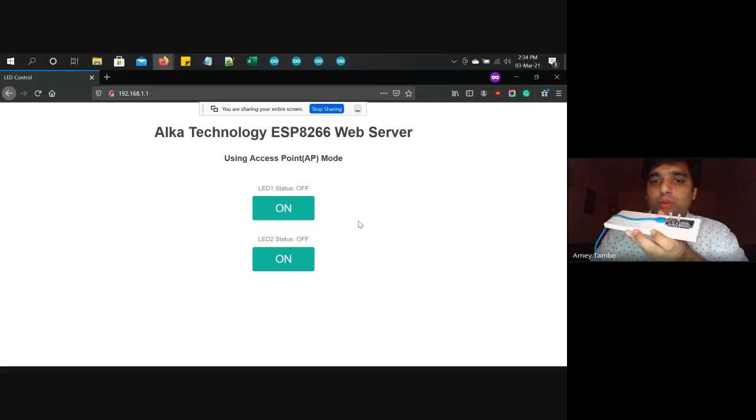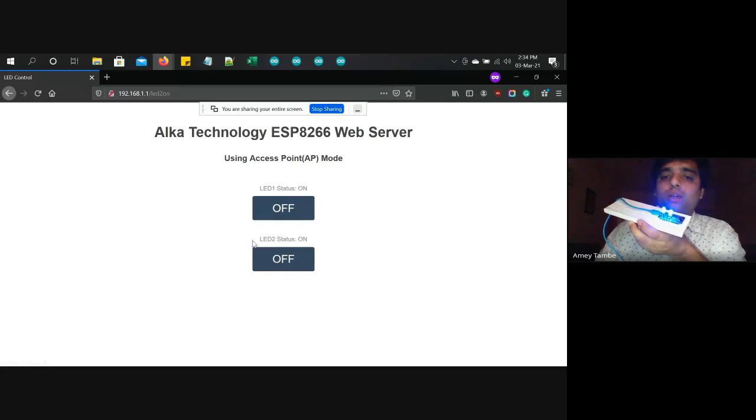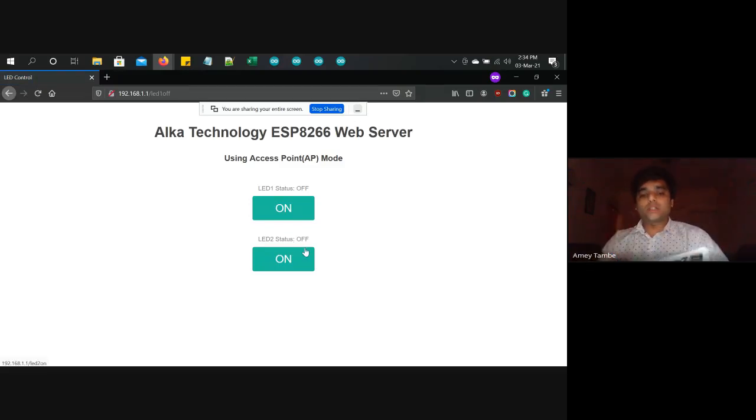So here is the access point mode. The status of LED 1 is off. The status of LED 2 is also off. If I want to turn it on, yes, it gives proper feedback and my LED is on. Then it is off. And if you can see the status, LED 1 is on now and LED 2 is on now. If I turn off the LED, the status is directly changing. So this is your small web server application where you are controlling